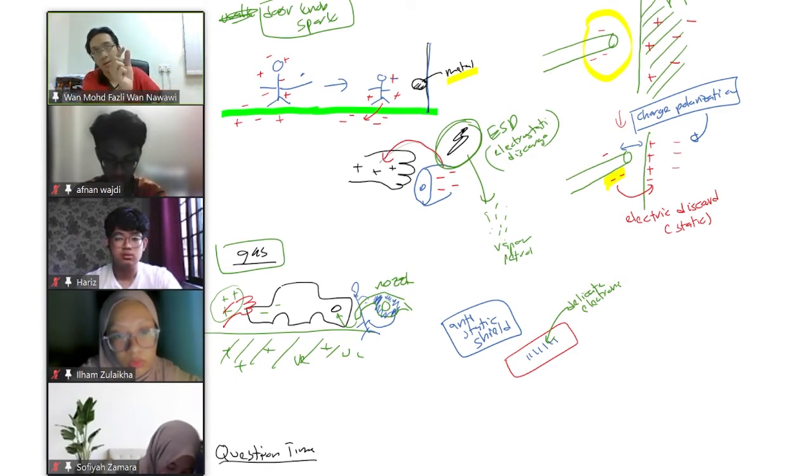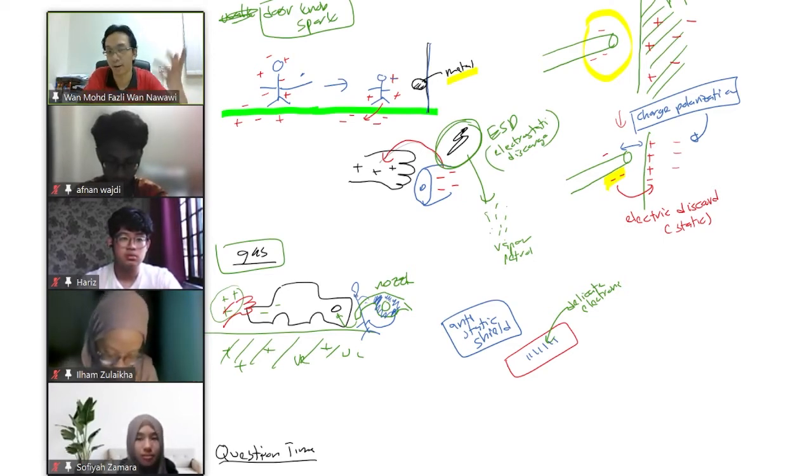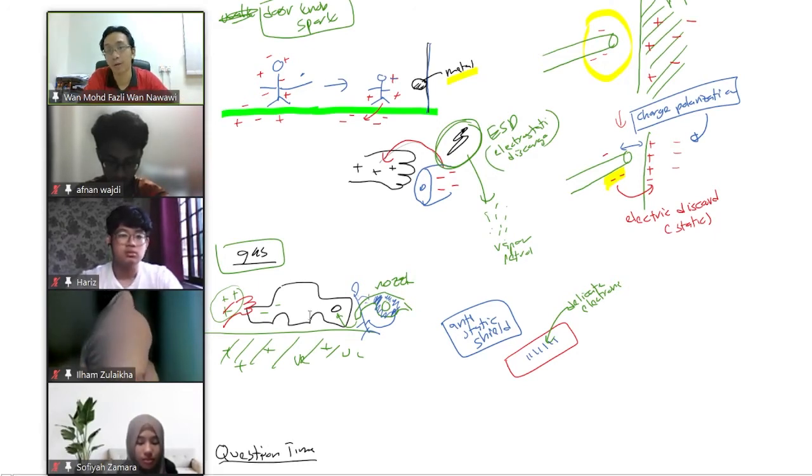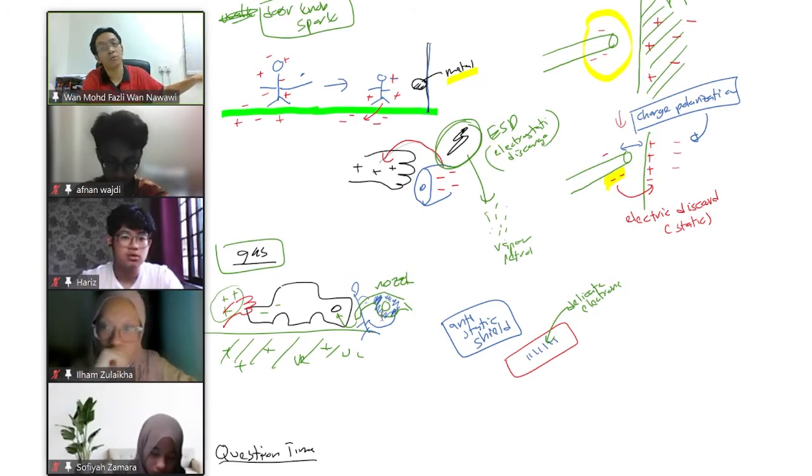Because of this spark, the problem is that when the spark happens, it is electric. If there is a vapor there, for example a vapor of the gas, the spark will ignite the vapor and then there will be fire. So that's why when you get out of the car, before you even touch the pump nozzle or pump handle, try to touch your car in order to ground yourself, because when you are in the car,